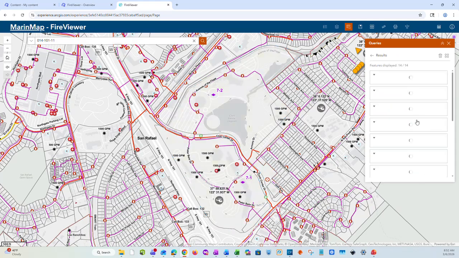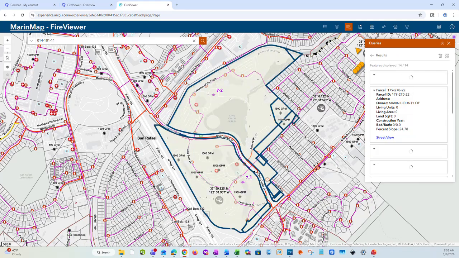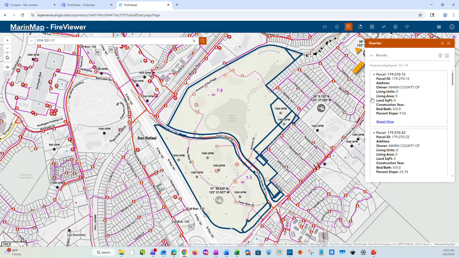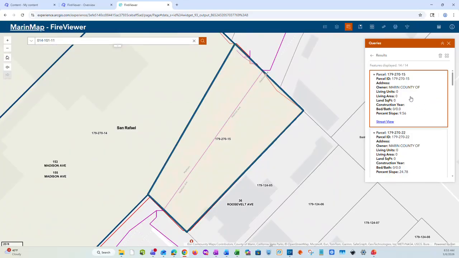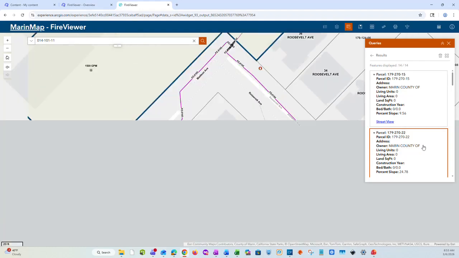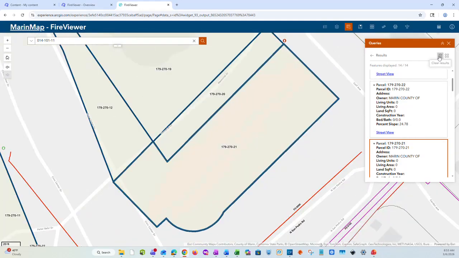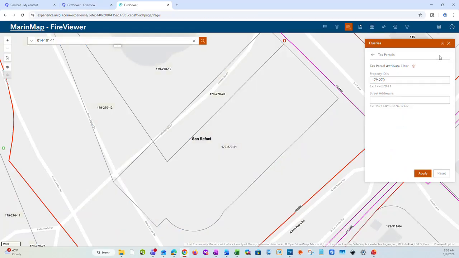So we'll click apply. And here you can see we've got 14 results. So there's 14 tax parcels within that layer that meet that query criteria that I entered. And this is where it can be helpful to select those query results. It will zoom to your selection and flash it on the map for you. So I will clear my query